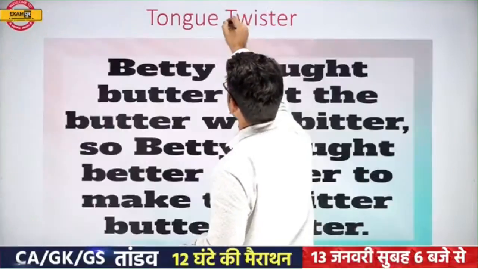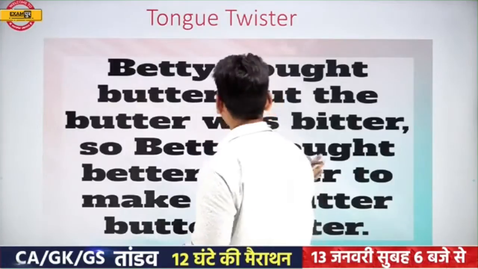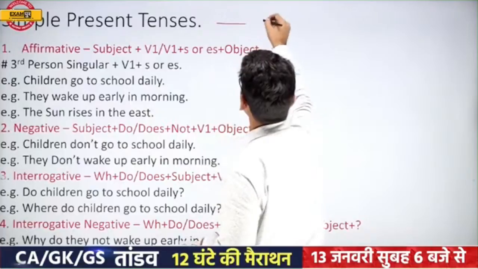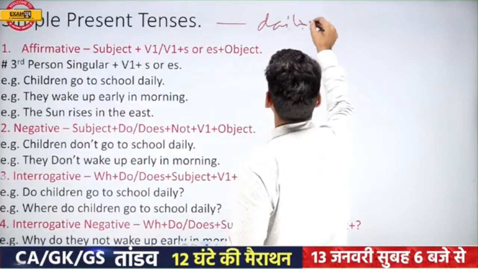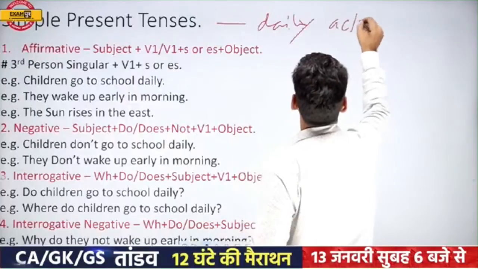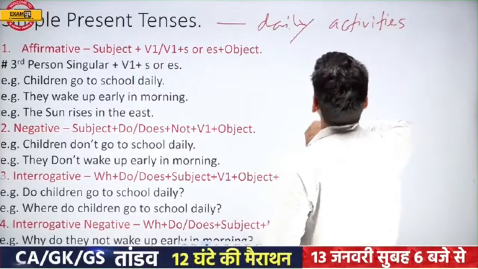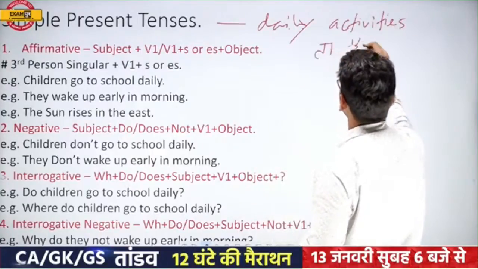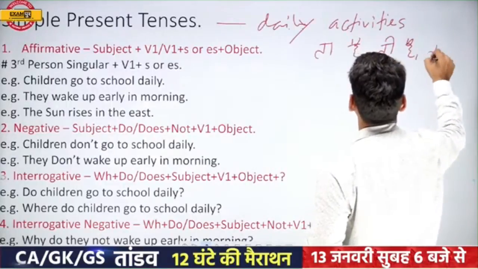Simple present tense किस लिए use करते हैं? कोई भी डेली एक्टिविटीज के लिए, है ना, कुछ भी ऐसा जो आप डेली करते हैं, डेली एक्टिविटीज के लिए आपको सिंपल प्रेजेंट टेंस का यूज करना होता है. हिंदी में अक्सर वो सेंटेंस जिसमें ता है, ती है, या ते है आता है, ठीक है।